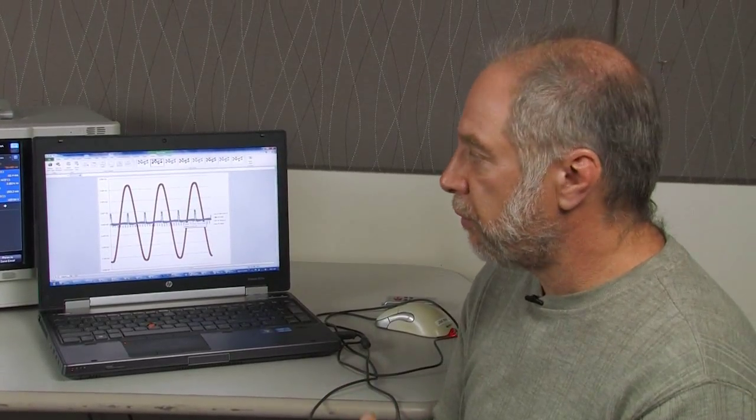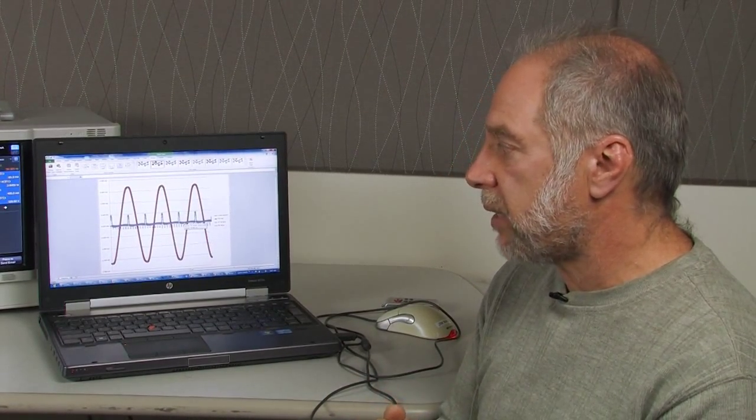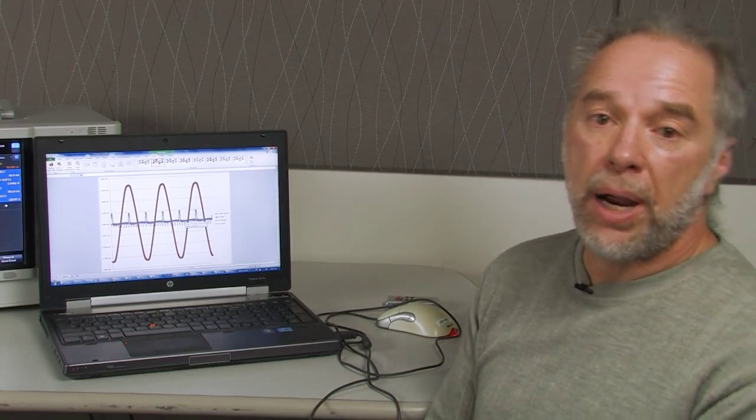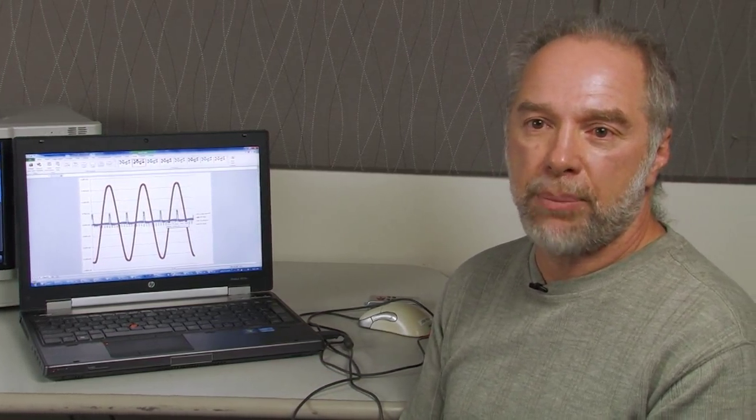So that concludes the video. Today I've shown you that I can capture a waveform. I can use the built-in measurement capabilities of the waveform, save those using email, and I can save both the front panel image and the raw data for post-analysis.